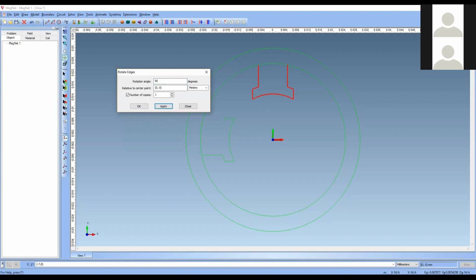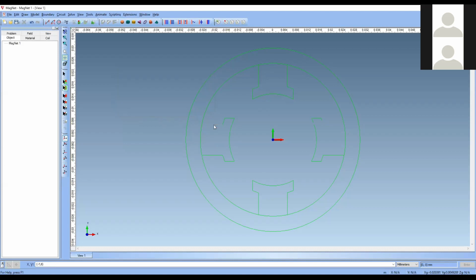Now again 2 you can apply, you got here. Next 3 apply, you got here. Okay, close. Now you got a 4 pole machine.